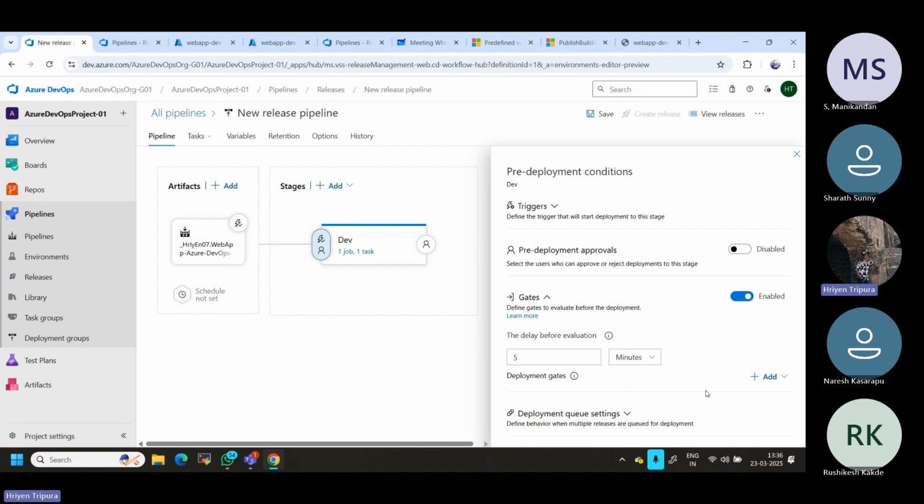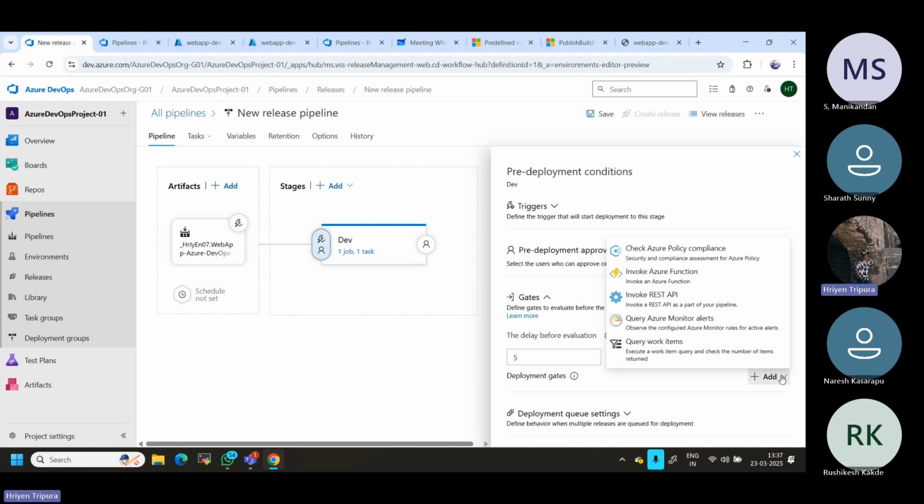Then here under deployment gates, this is a very, very important concept you need to understand. Let me click under deployment gates. If you click, just take a look here. There are options like check Azure policy compliance, invoke Azure function, invoke REST API, query Azure Monitor alerts, and query work items. Basically it is a way of evaluating, in the sense of checking, making sure everything is in place according to the company or project standard or the security standard